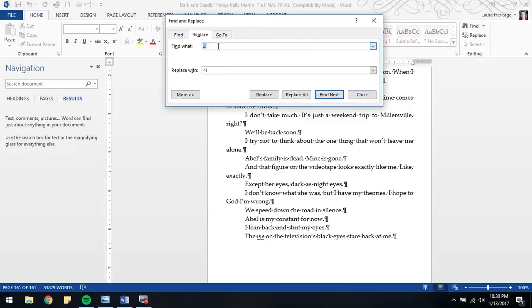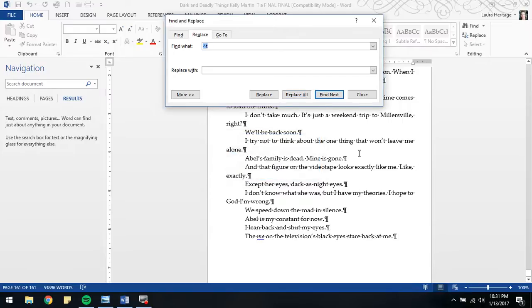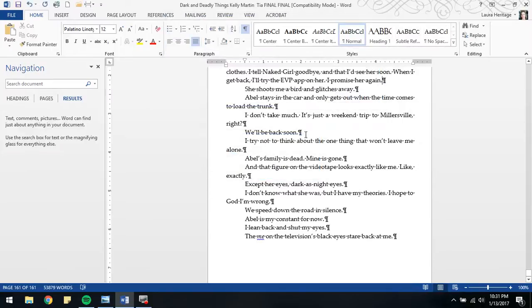Okay, another common thing is that people hit tab. Somehow their indents get messed up, and so they'll use a tab instead of the indent that's already set. In order to get rid of those, in the find what, you're going to use the up arrow and a T, and you're going to replace it with nothing. So you just delete everything that's in there, and then you hit replace all. Okay, and she didn't have any of those, but a lot of times they will,